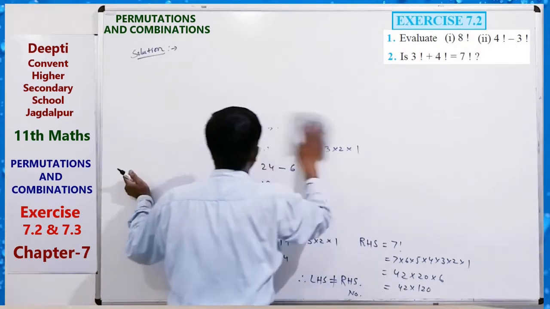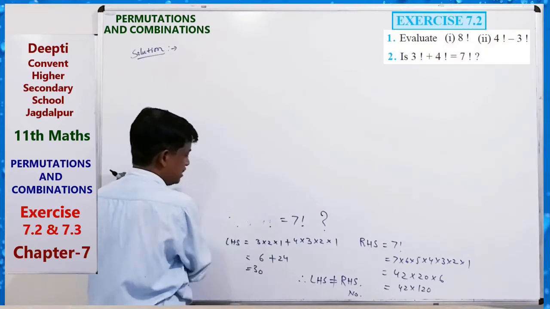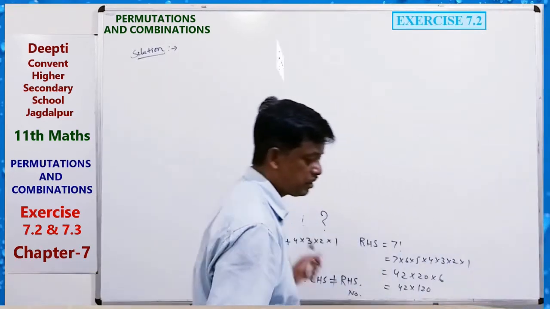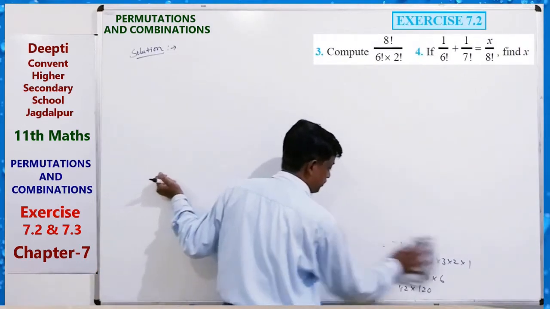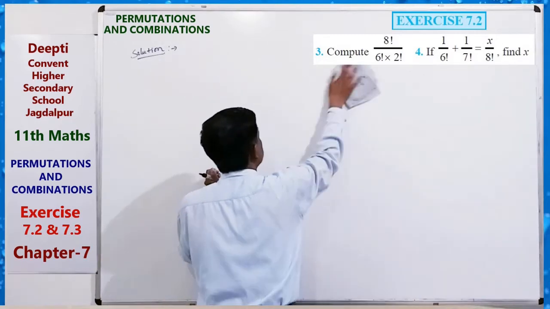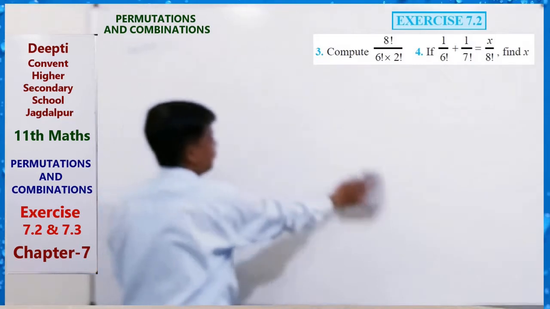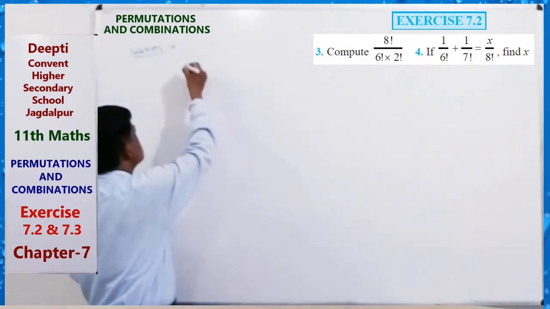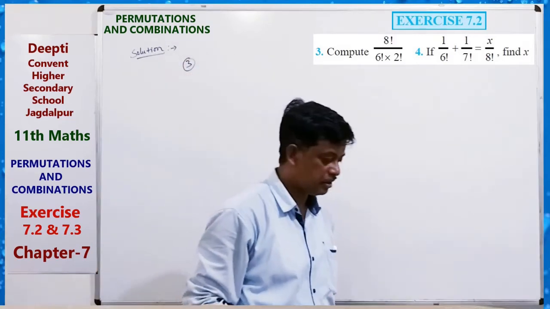Similarly, question third, you can see what it says. Compute 8 factorial upon 6 factorial into 2 factorial. This type of question is important for the calculation of nPr. How can you solve nPr? So question third: what we have to calculate is the value